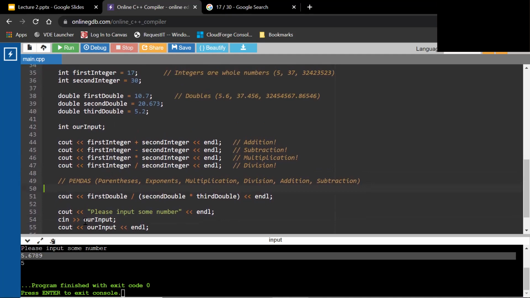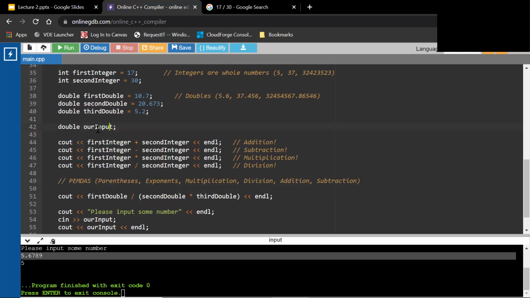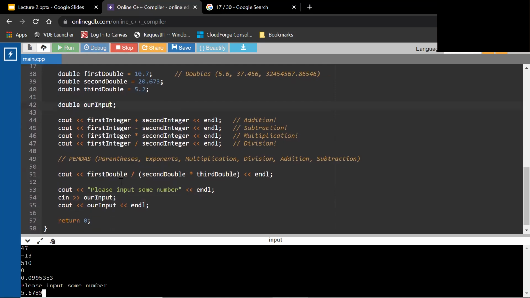If you want to have a decimal number as a value, you have to account for that with the type of your variable. You have to change that to double. Double our input. If we run this again, if we type 5.6789, our cout would look like this: 5.6789. It wouldn't be 5 any longer